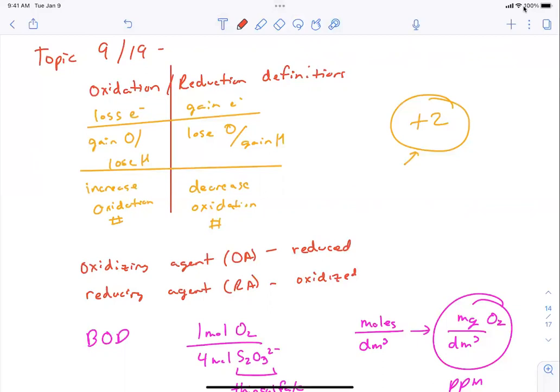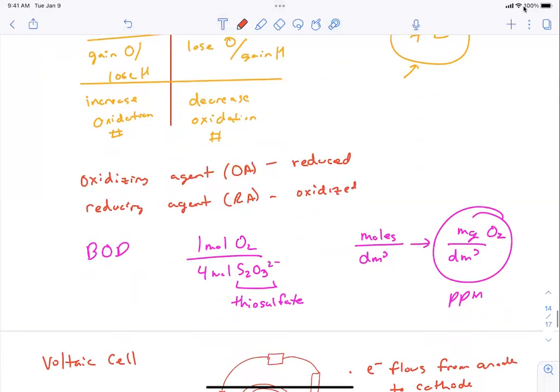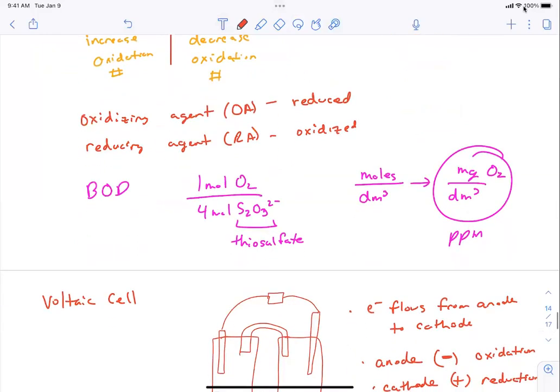They might ask you, in terms of oxidation number, state why this is reducing. You have to say the oxidation number goes from this to this, so it's decreasing, so it's reduction. But they might also say, in terms of oxygen, why is this reducing? And you'd say it loses oxygens, therefore it's reducing. Oxidizing agent and reducing agent: remember, they're the opposite of what the name is. Okay, BOD. Knowing the molar ratio and that moles per decimeter cubed, you want to convert to milligrams per